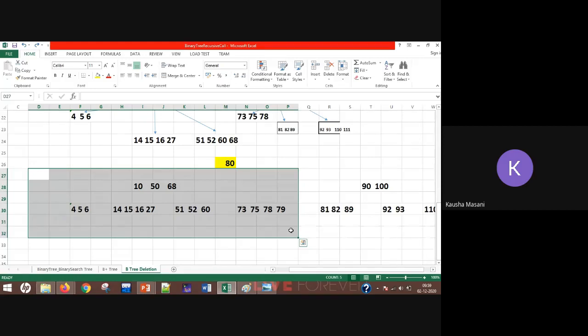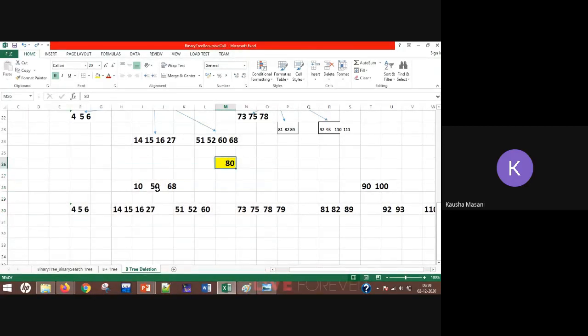All of you, a little bit more attention. I'm not saying you guys are not paying attention. A little bit more attention when I say the maximum element in the left subtree, okay, then you have to tell me that it is 79, not 68, because 80 again is the root node.